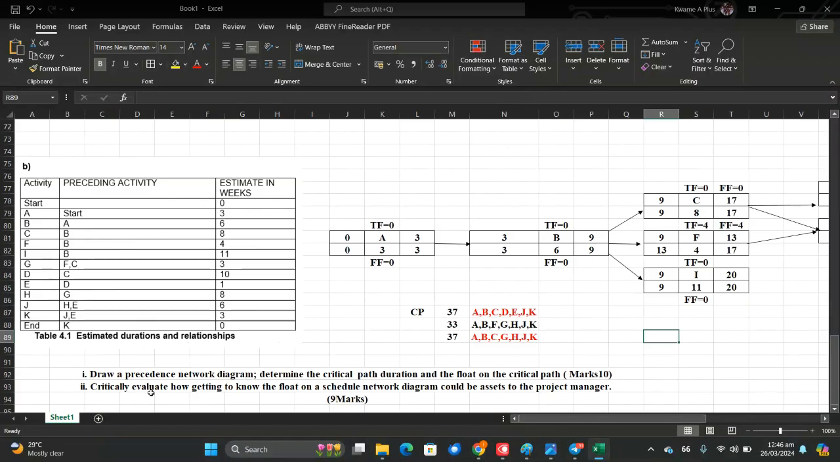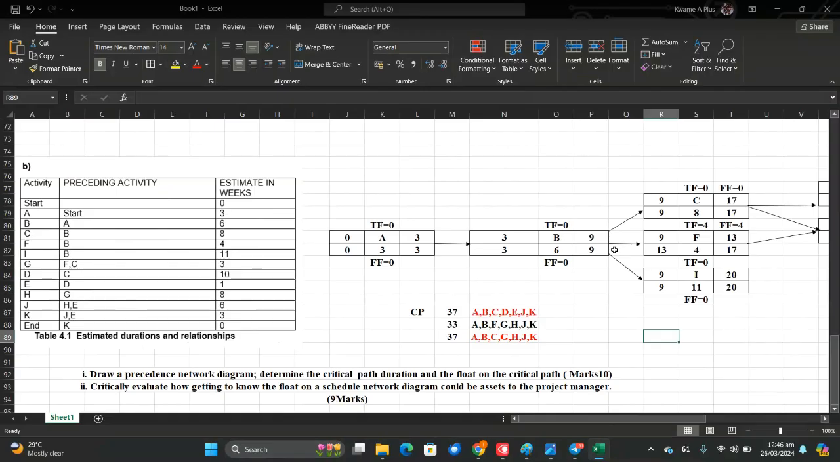Critically evaluate how getting to know the float on a schedule network diagram could be an asset to the project manager. If you determine the critical path and duration... So knowing the float, I said that's what floats help us to determine. It helps us to know which activities can be delayed on the project without delaying the